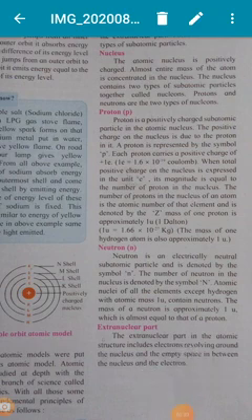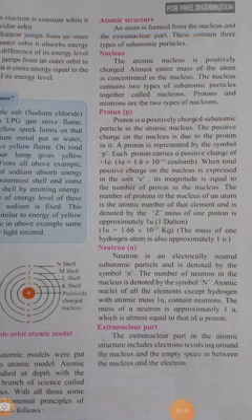1 unit equals 1.66 times 10 raised to the power minus 27 kilogram. Now we discuss the neutron. Now you know that a neutron is electrically neutral, denoted by small n. The number of neutrons in the nucleus is denoted by capital N. The mass of a neutron is approximately 1 unit, which is almost equal to that of a proton.